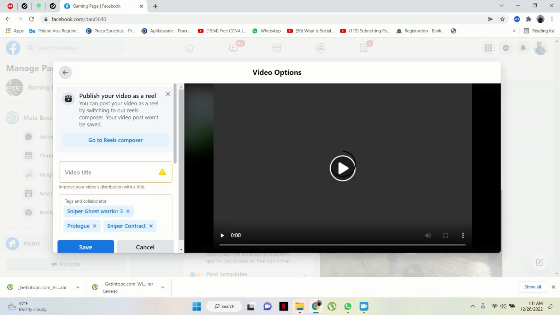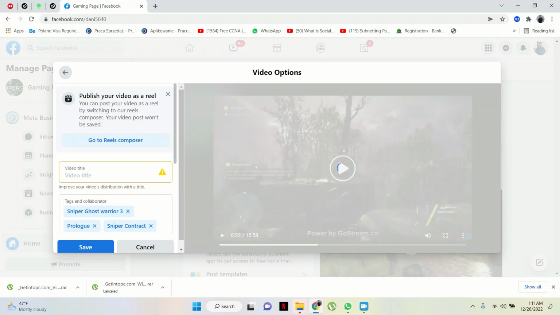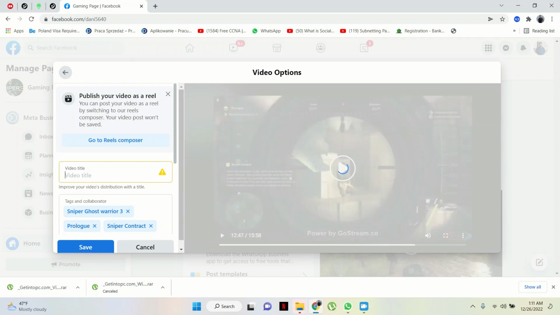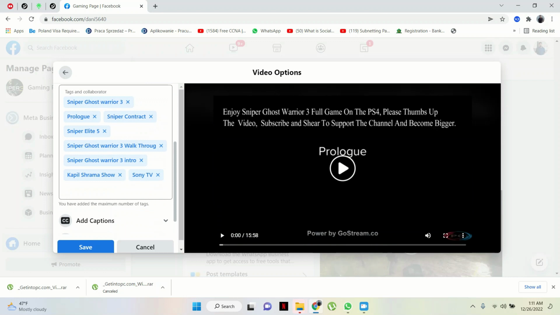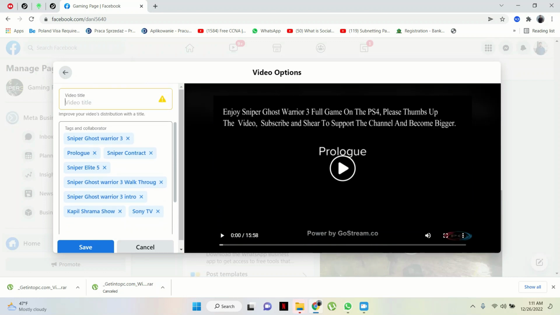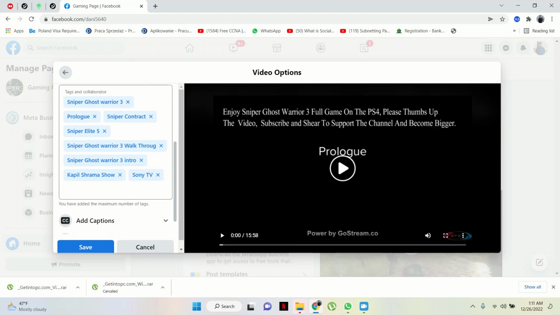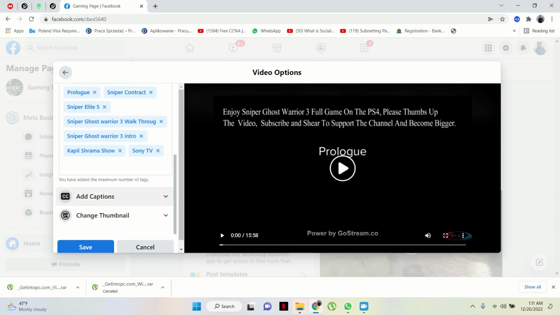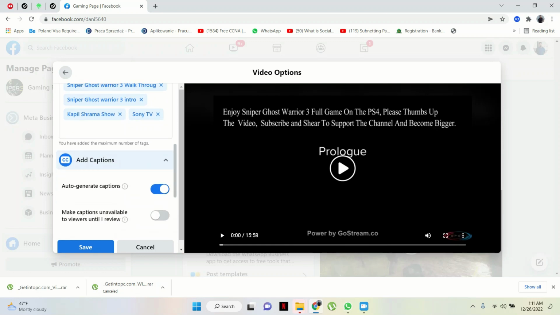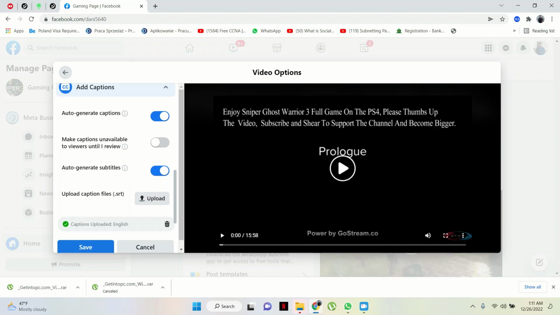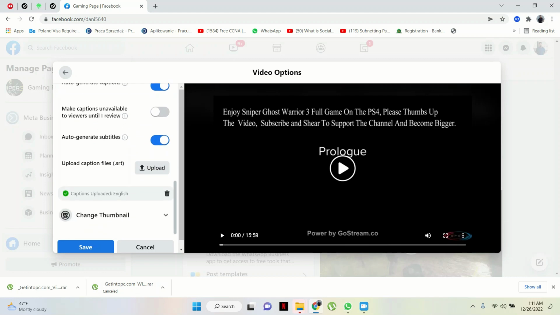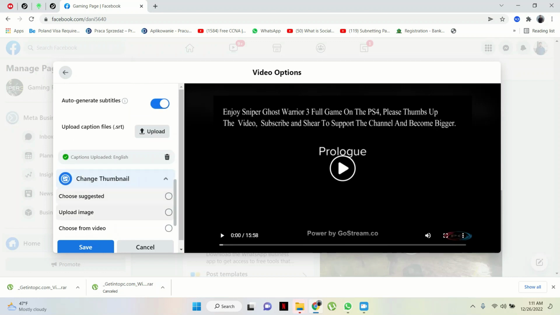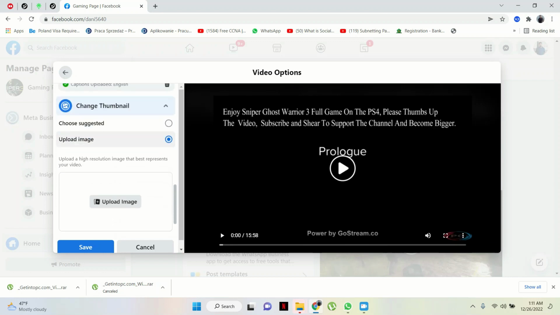After that, you can enter any title that you want to give to your video. After adding the title, down below you can see here you can add the tag to your video, and after that, if you want to add any caption, you can add it from here, and it may be auto-generated also. And after that, if you want to upload the thumbnail, click on this and choose from your drive or